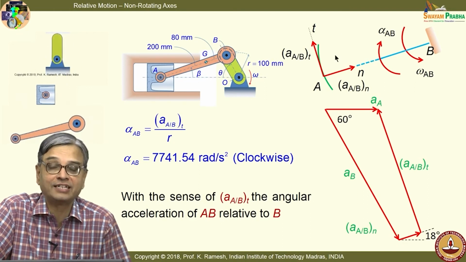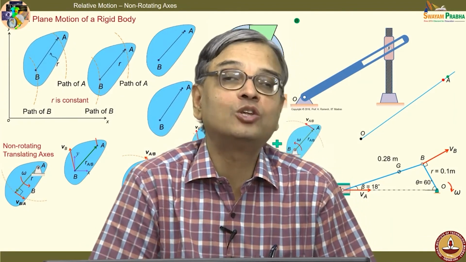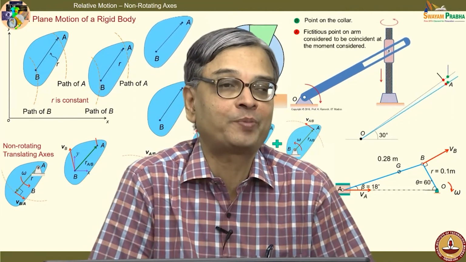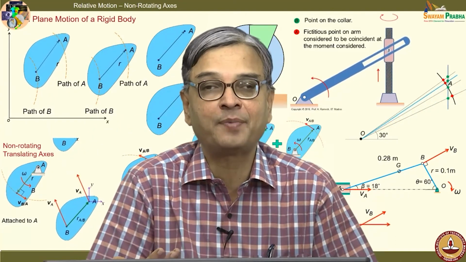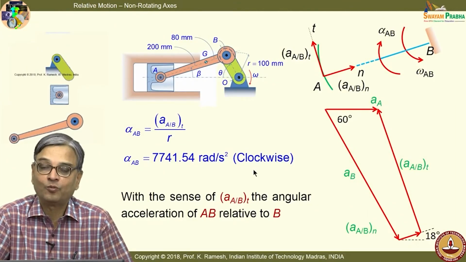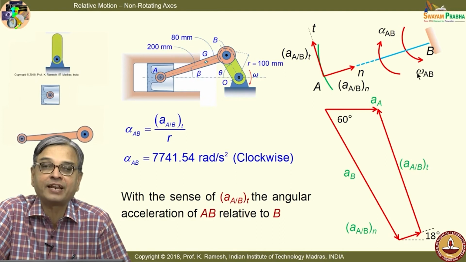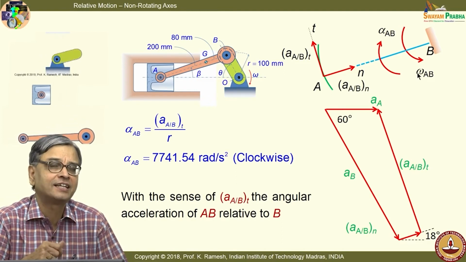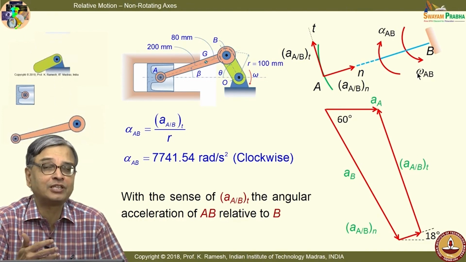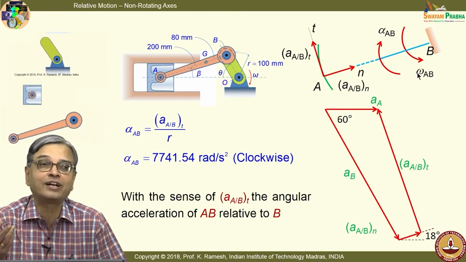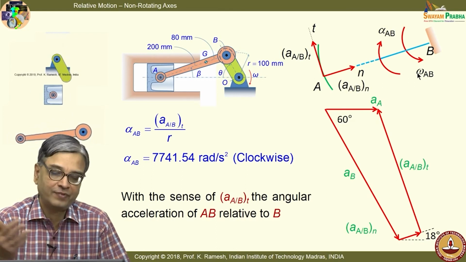See this problem, it is very interesting, that is why I chose this problem. With this problem, I am able to bring out all the nuances that you can come across in a generic problem. I have a combination of fixed axis rotation, translation and a general plane motion. And once I know the angular velocity, you should not jump to saying angular acceleration is in the same direction. These are all the common mistakes students make. When you know one quantity, as a scientist, without assessing what the other quantity is, don't jump to easy conclusions. Fine.